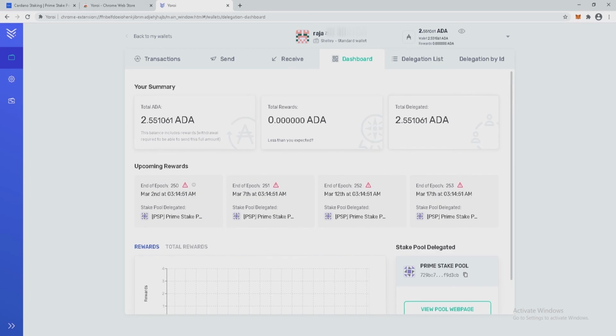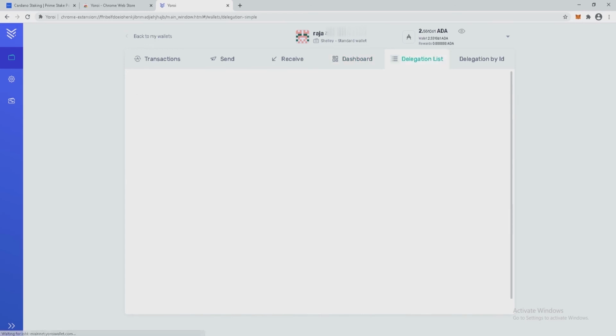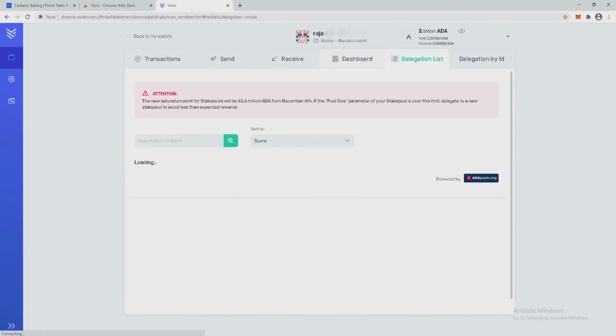That means from epoch 251 onwards I will get rewards consecutively.